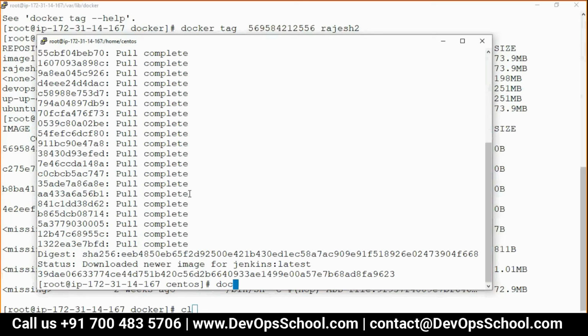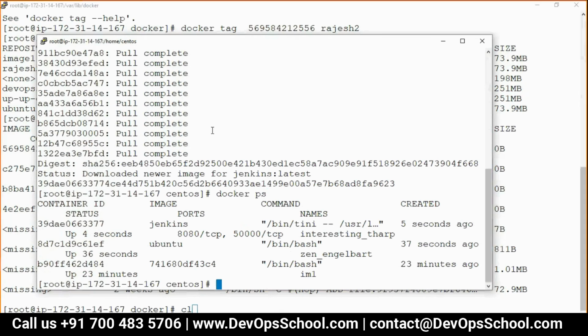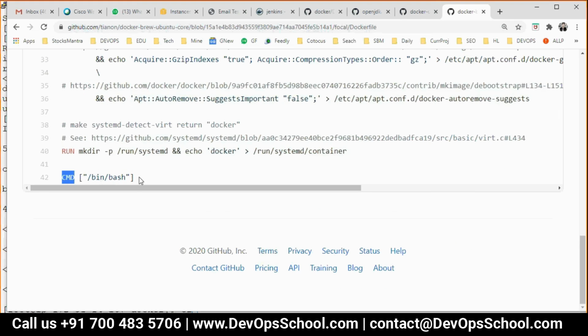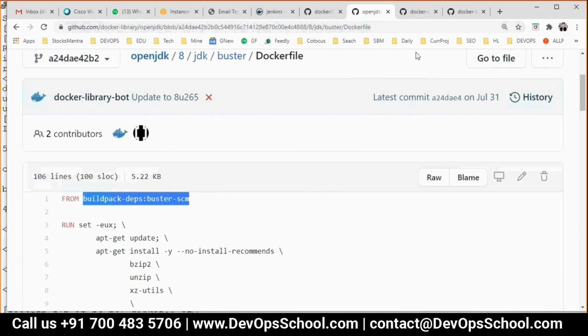Guys, look at this one very carefully. In Docker, everything is observation about the behavior. See Jenkins, tini; Ubuntu, bin bash, PID 1. So that is proven: this is the one which has been taken and this is the one which has been taken.